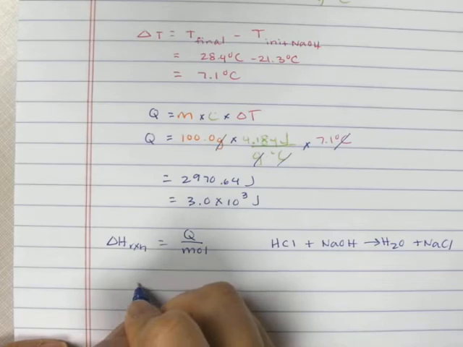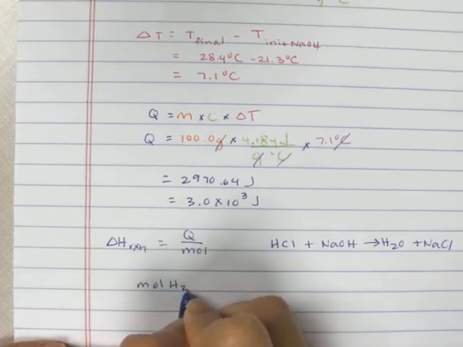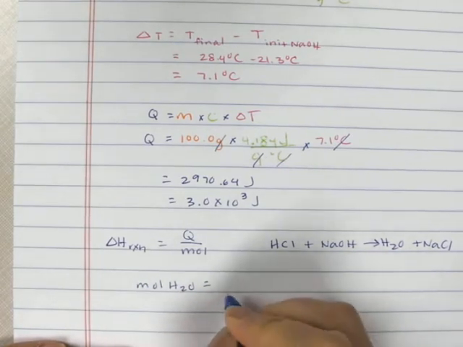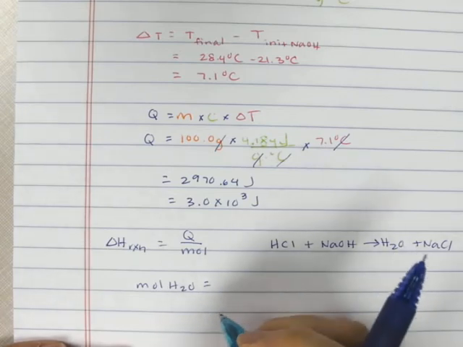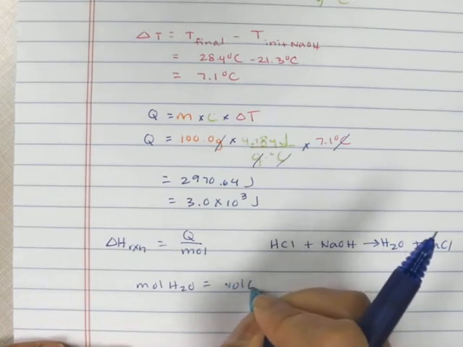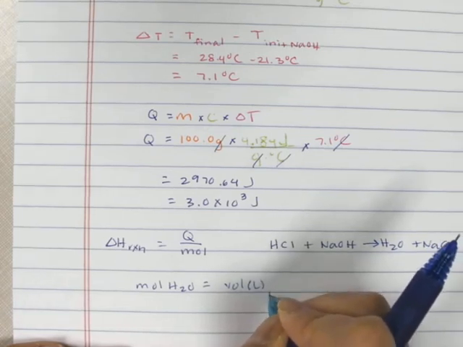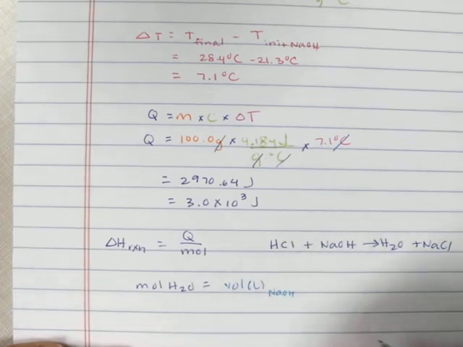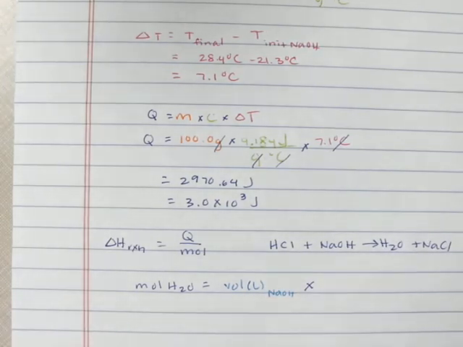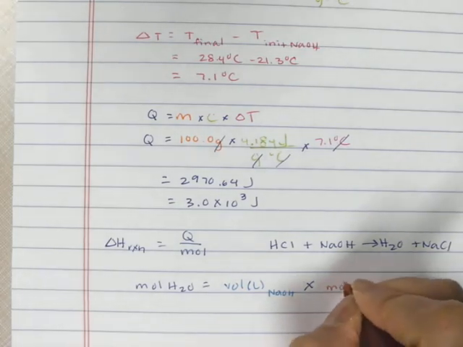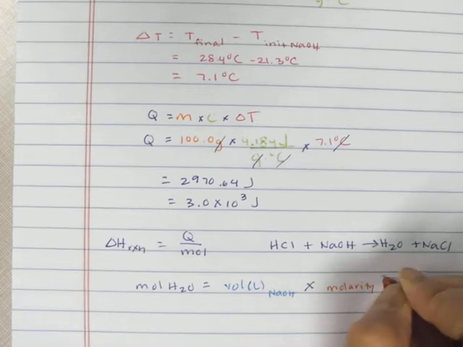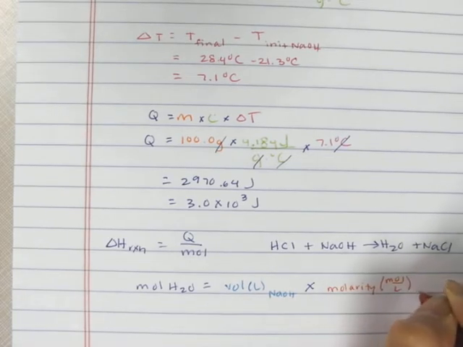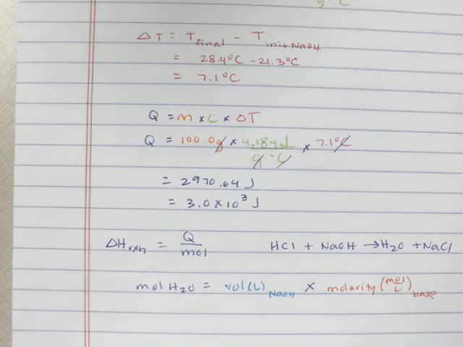So to get the moles of water that was made, you have the volume, in liters, of the base times the molarity, in moles per liter, of base. So that will equal